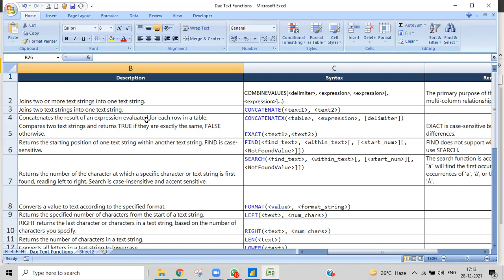To learn DAX, we need to learn a couple of concepts. The first and most basic concept is string functions, which covers the operations we can do using strings, or the text data type.